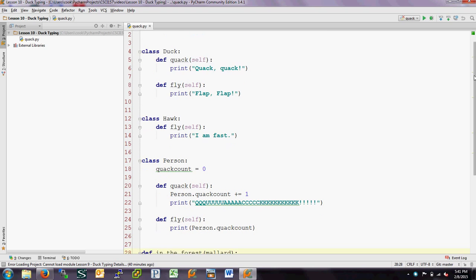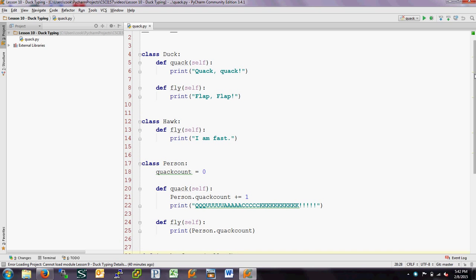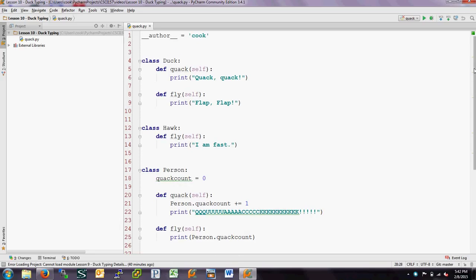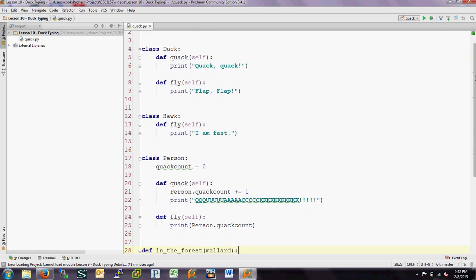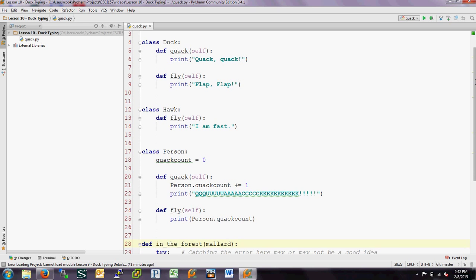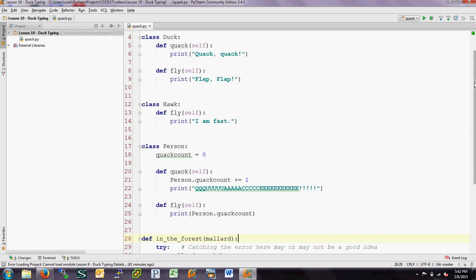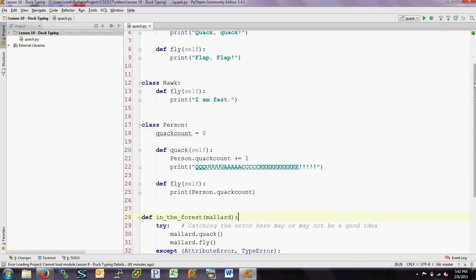You just begin using a variable. There's no declarations. So that leads to something called duck typing. And duck typing basically means if it quacks like a duck and it walks like a duck, then it's a duck. So here's a simple little example of duck typing, basically stolen off from the internet, where we're going to